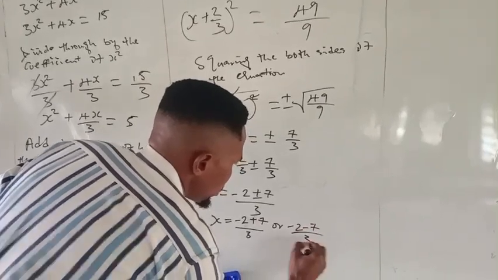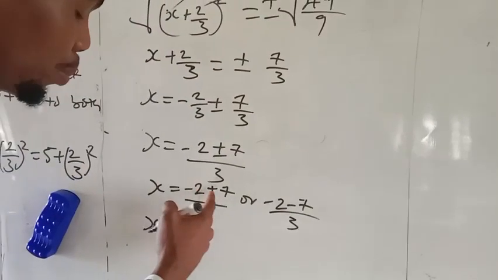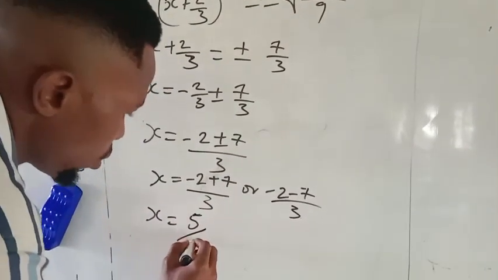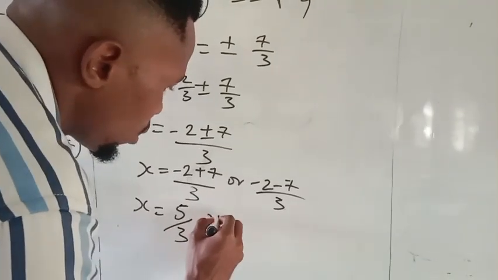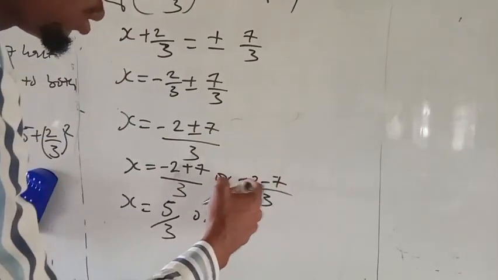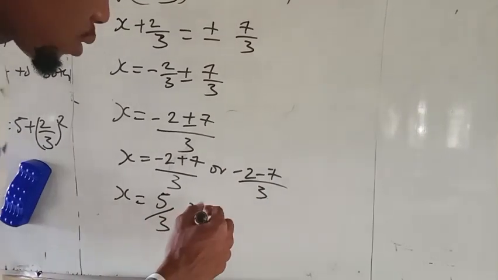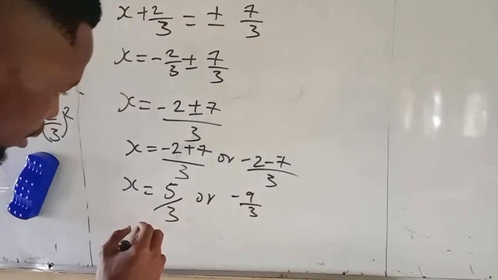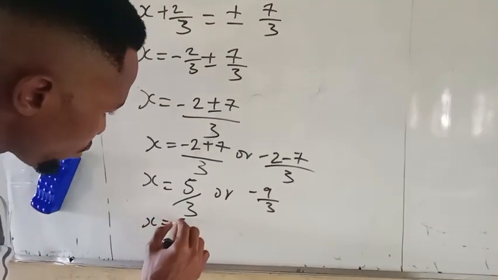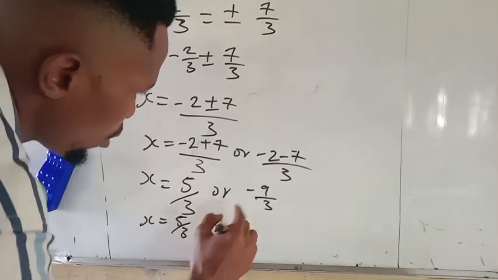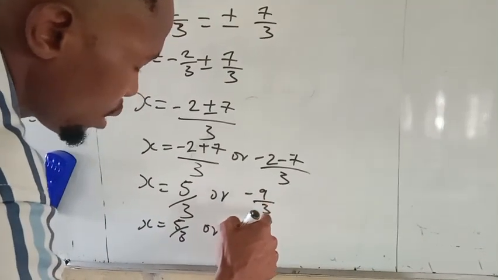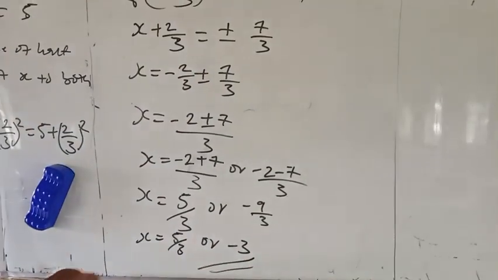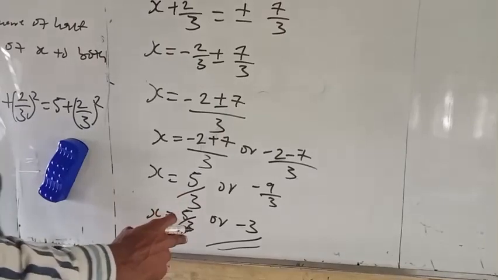Minus 2 plus 7 will give you plus 5, so you have plus 5 all over 3. Or minus 2 minus 7 will give you minus 9, so you have minus 9 all over 3. Alright, furthermore, you have x equal to 5 all over 3, or minus 9 divided by 3, which will give you minus 3. So you have minus 3. So this becomes our final answer: x equals 5 all over 3, or x